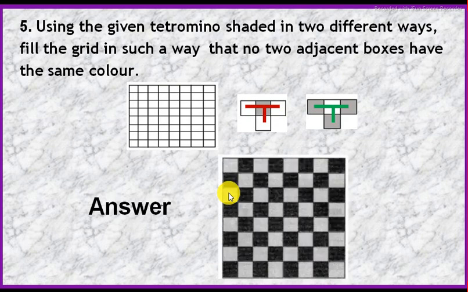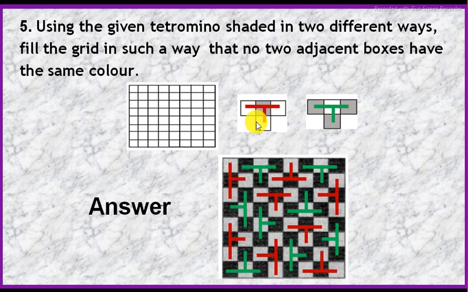So you must be thinking, how did you get this? It is easy to just shade it with alternate colors. But here is the way it goes. The white here is white and grey. So white, grey, white is marked with red, and grey, white, grey is marked with green. So it gives you a very clear picture of how these tetrominoes are placed.